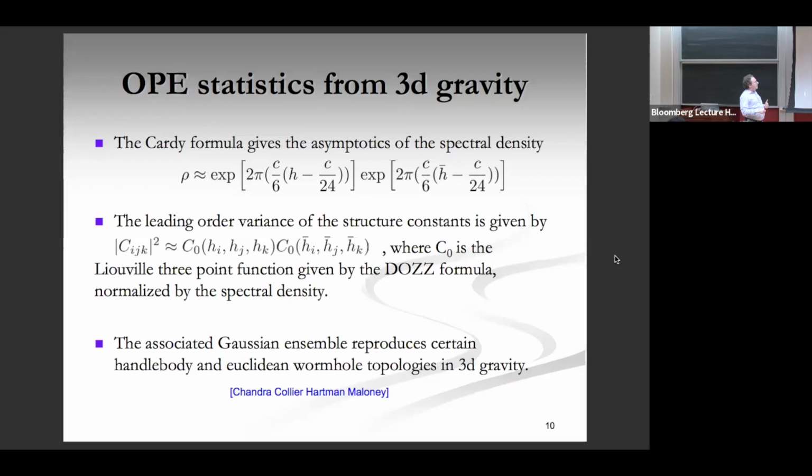And by a similar logic, if we looked at the 4-point function of operators IIJJ, that has the identity operator contributing in one channel, and in some extreme kinematics the identity dominates there, the OPE limit in that channel. That has to be matched by something in the T channel, and that gives you some asymptotics for what CIJK is, because now I have IJ fusing to K, which they showed looks like this, where C0 is basically the Liouville 3-point function given by the DOZZ one.